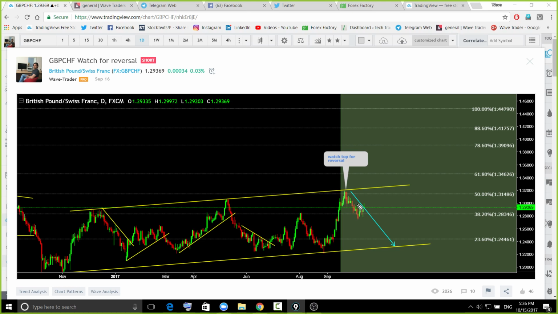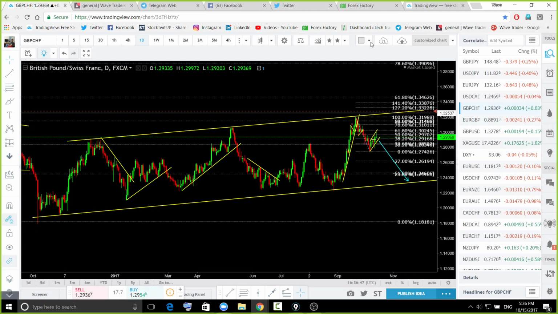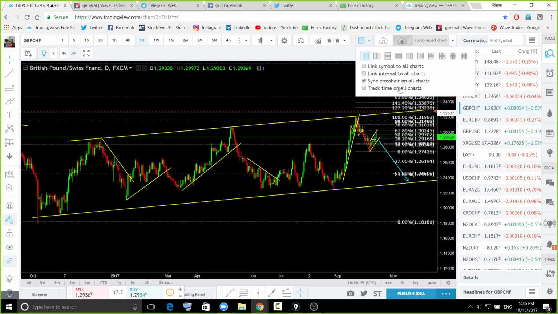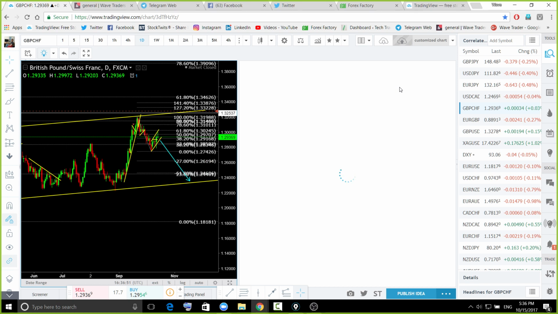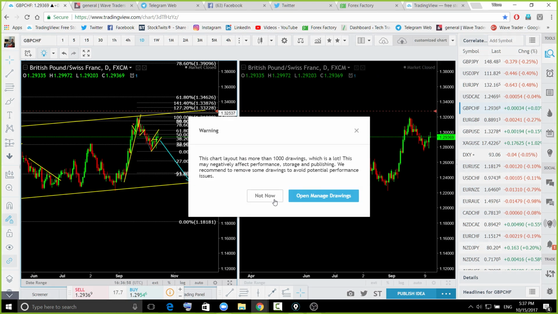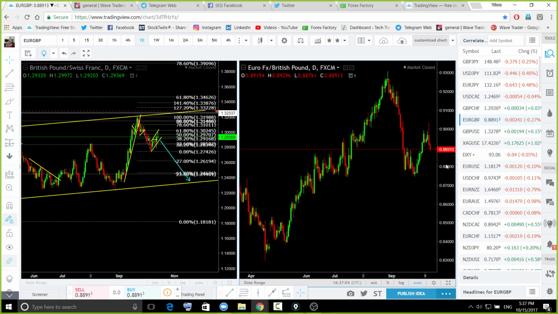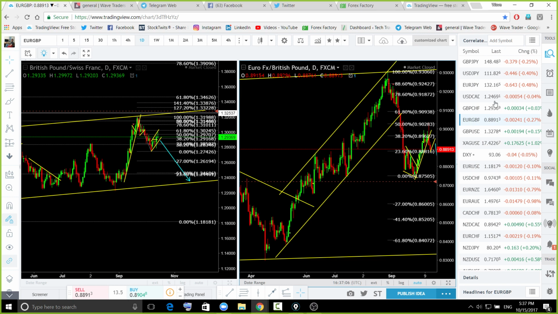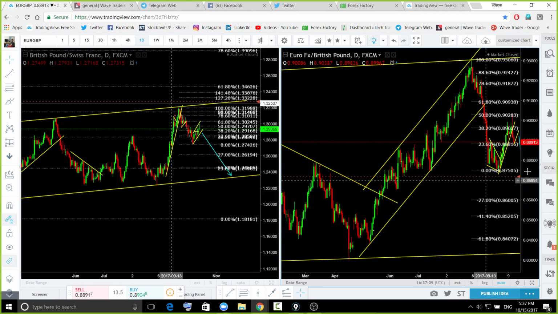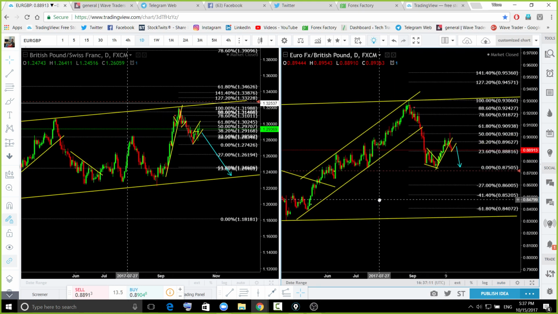So let's move on. Okay, so this continuation formation and then drop. All right, so this is a bigger daily continuation formation. So what you can do is sell one pair at one time. Okay, you can sell one pair at one time. You can't sell both pairs because these two pairs follow each other. If one pair is rising, you're gonna see the other one fall. One is gonna rise, one is gonna fall.